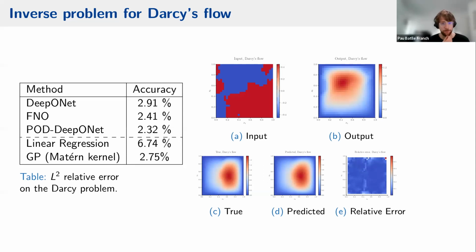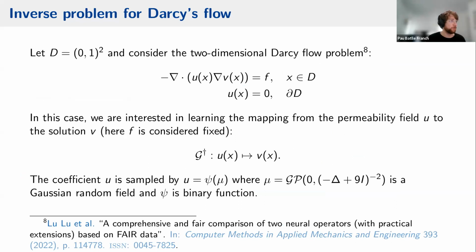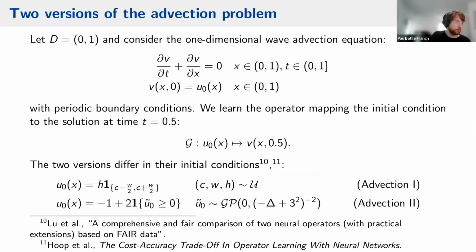Yeah, so we don't really have good examples of that. My impression is that yes, it will. So this inverse problem of Darcy flow has to be understood as essentially the first inverse problem that you try. It's, let's say, the first non-trivial toy example, because you know that in some sense it's well conditioned. But the more ill-conditioned your inverse problem is, the less regular G dagger is, and so the harder it will be for you to learn the operator. I don't believe we have an exact quantification in the sense of how many more samples it would take to learn the operator. But generally, I think our results,